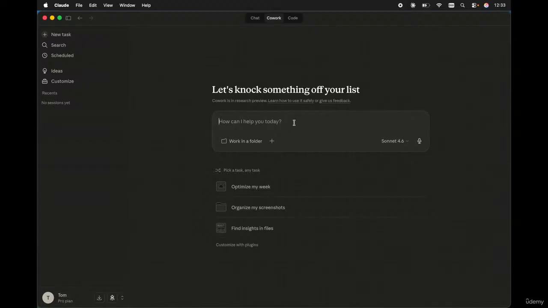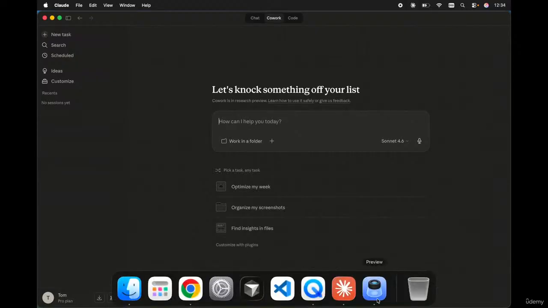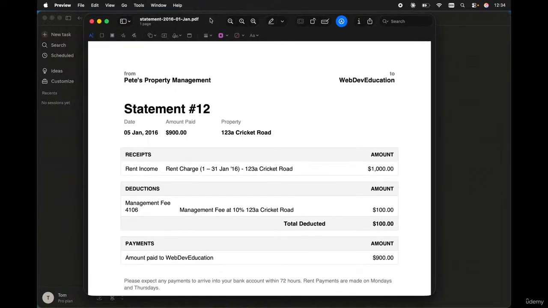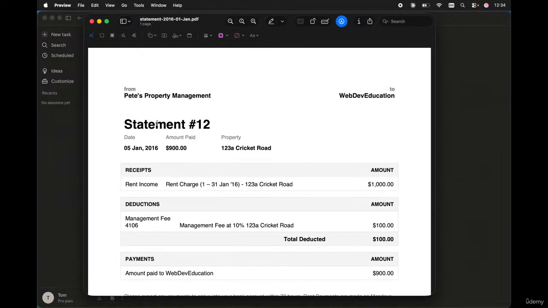So to do that, the first thing we need to do is, first of all, have some invoices to work with. So I've already included as part of the resources section to this lecture, a whole bunch of example invoices we can use. So if I just open up one of the examples here real quick, all these file names have slightly different names. So ideally we'll have some sort of standardization between our file names. And for example, with a statement from